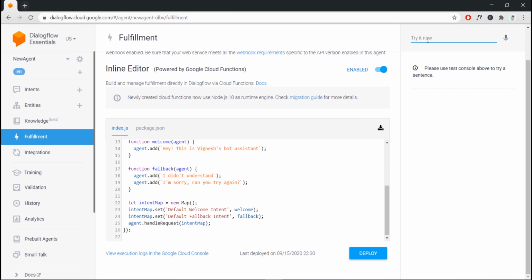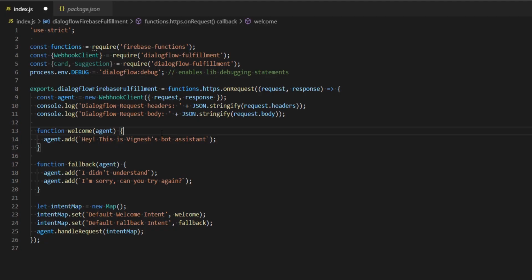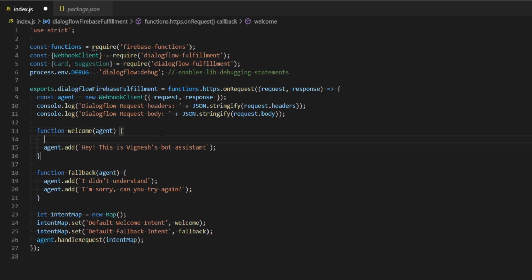So if I send a hi again, it will reply with hey, this is Vignesh bot assistant. That's cool. We can change the method being called to do whatever we want within the constraints of the possibilities of Node.js. For example, I'm including code to fetch the current date and trying to return the date as a response to a particular intent. So what we can do is say where date time is equal to,